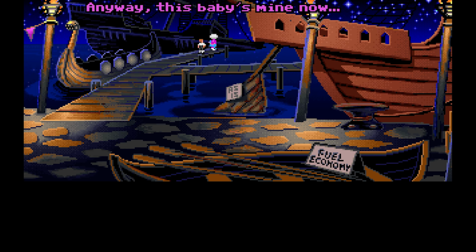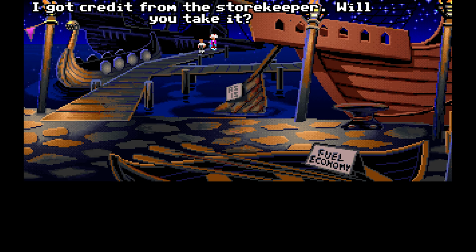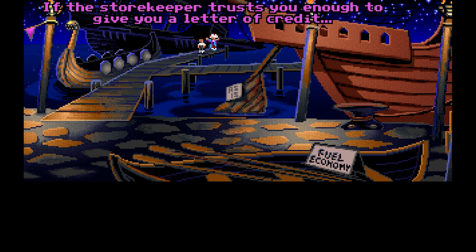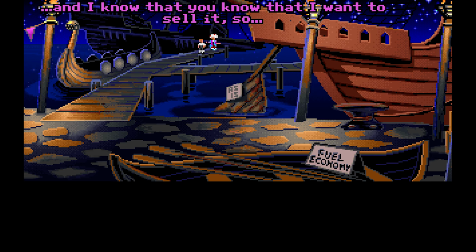Anyway, this baby's mine now. That is, until someone makes me an offer. Let's talk about money. Your money. I got credit from the storekeeper. Will you take it? Hey, of course! Your credit's always good at Stan's. It doesn't matter if you've had credit problems in the past. Divorce, bankruptcy, chronic gambling mishaps. I mean, who am I to judge, right? If the storekeeper trusts you enough to give you a letter of credit, then you must be an honest man with a steady income, right? Right. Let's get down to brass tacks, shall we? I know you want it. You know you want it. And I know that you know that I want to sell it, so...